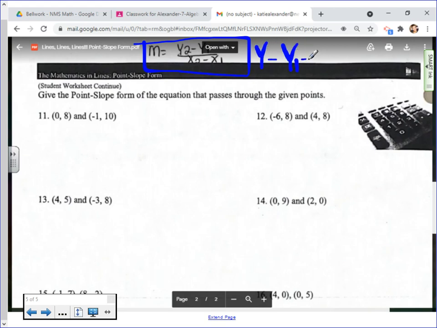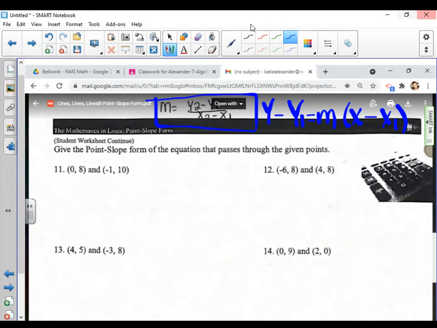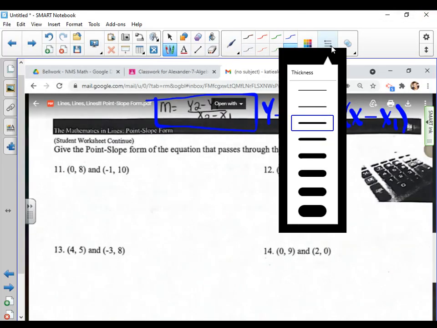And then I also want you to rewrite the formula we did: y minus y1 equals m times x minus x1. Write that at the top of the back page as well. Okay, so go ahead and do that. And then we are going to do this side in parts a little bit because there is one more